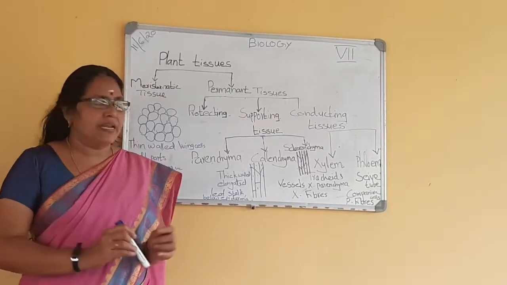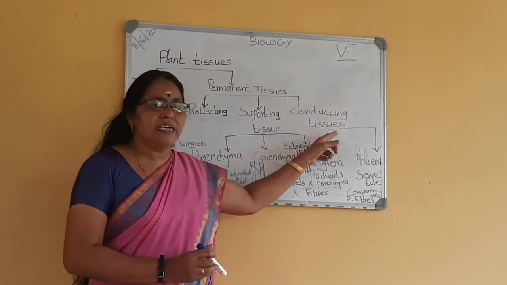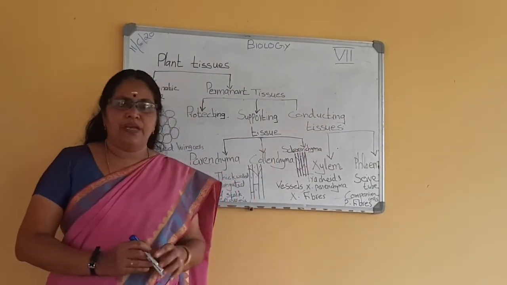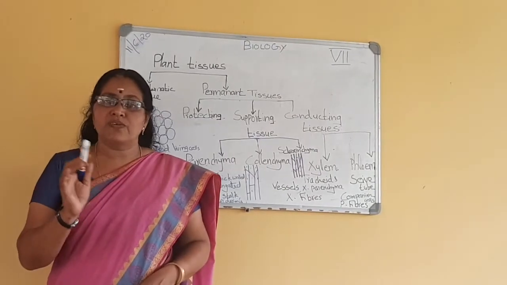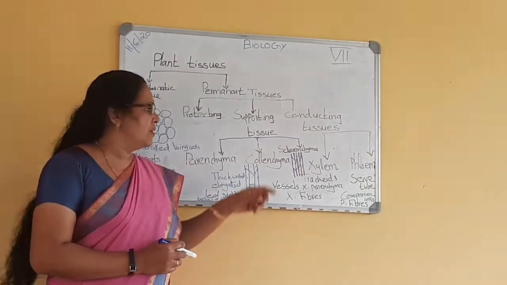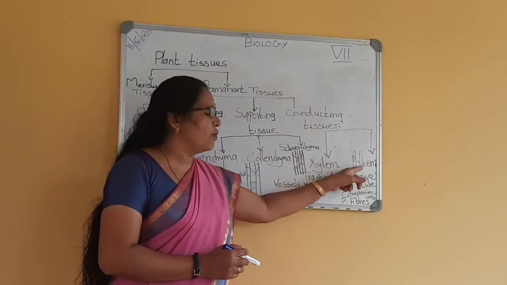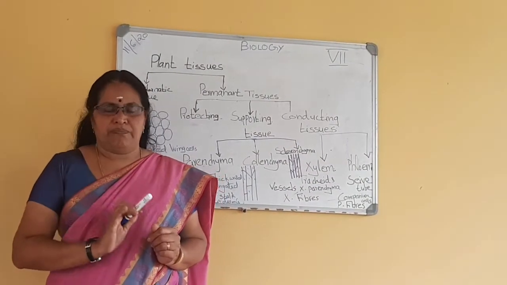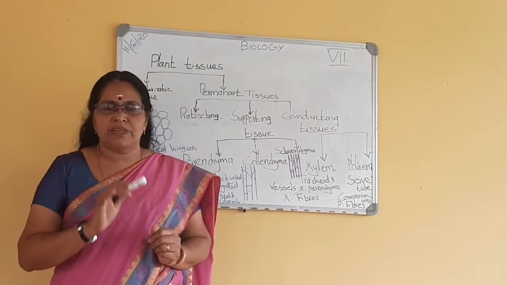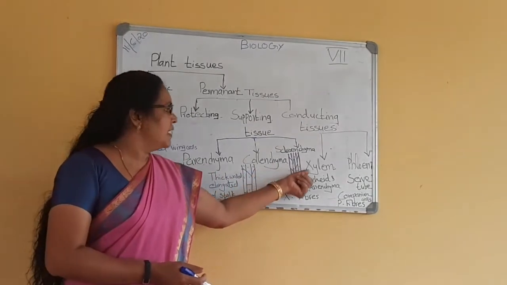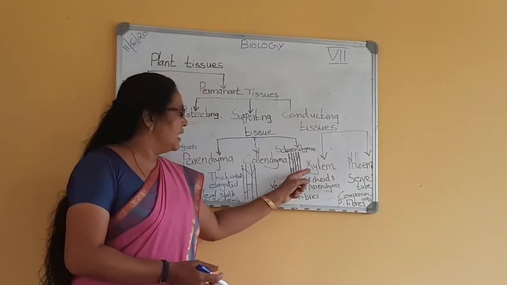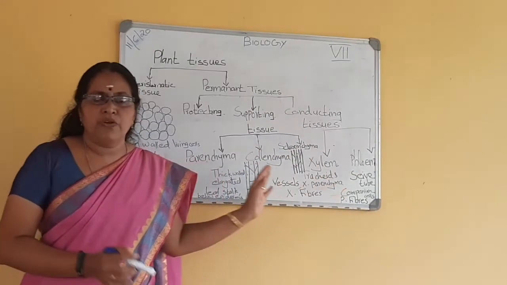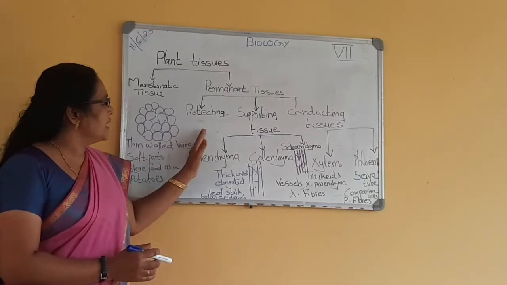For conducting materials, there are special tissues in plants. They are called conducting tissues. There are two types of conducting tissues in plants: xylem and phloem. What are they? Xylem and phloem. You are hearing these terms for the first time. That is why I am repeating. Xylem and phloem. And before going to the xylem and phloem, you have to know